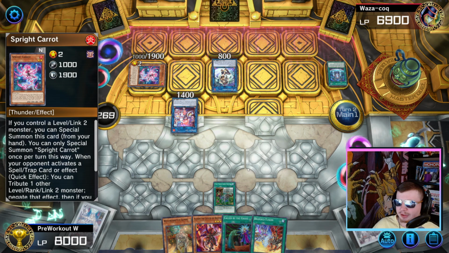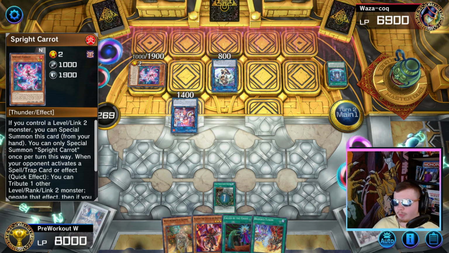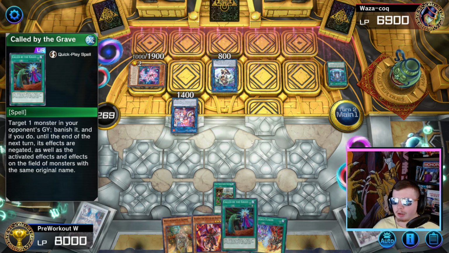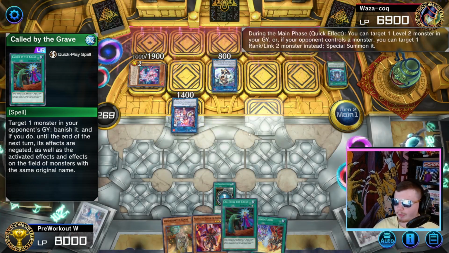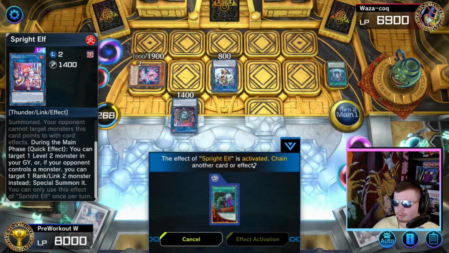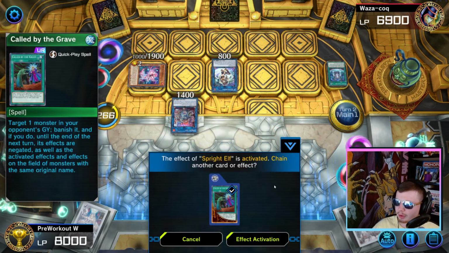They're almost 100% negating this with Carrot. If they don't, that would be a fool's errand to not negate it. That Called By is going to carry us so hard here. Oh my god, they're actually not. Okay, you know what? I'm cool with that. Do I want to use Called By? I mean,